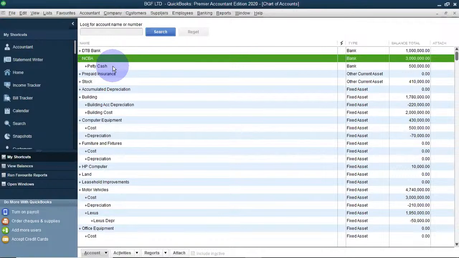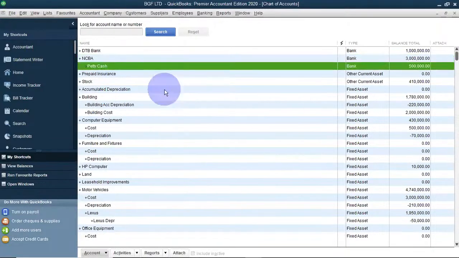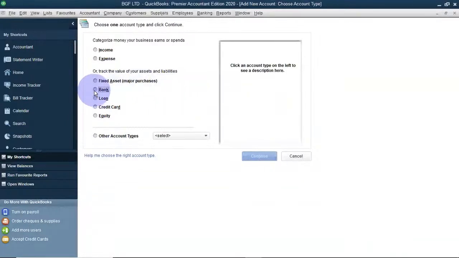So we'll open an ABSA bank account. This ABSA bank account is for receivables and petty cash. So the first thing that we do is to first of all open an ABSA bank account. Right click, say new, it's bank,